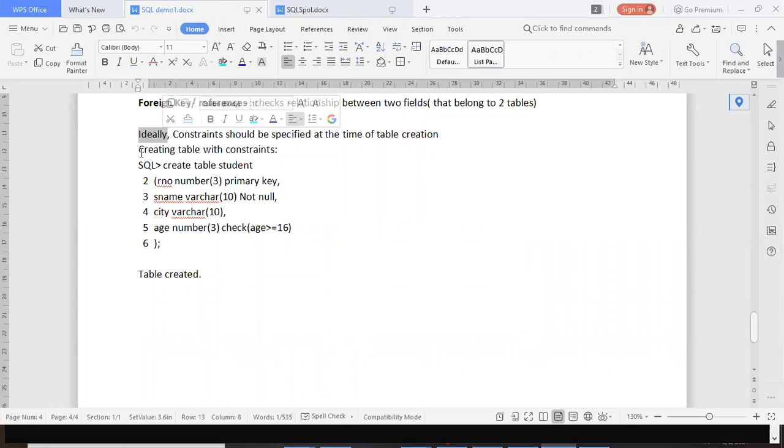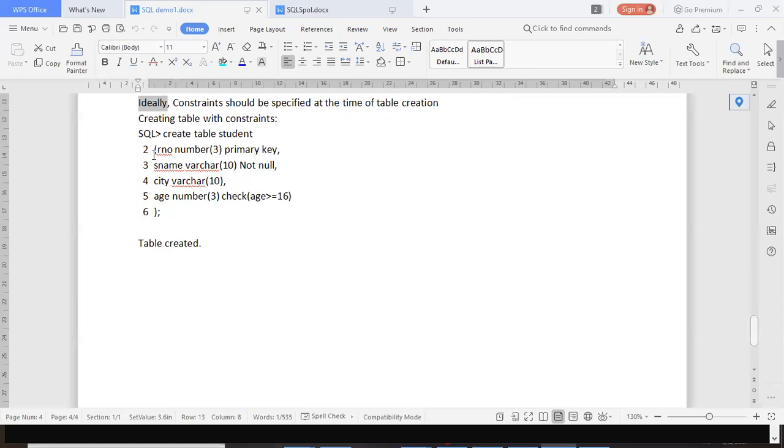It's not that we take a few admissions and then start implementing the rule. That will create problems. Similarly, here the database will make you specify these rules as long as there is no data entered. Once the data is entered, the database may reject application of these rules, or it may ask you to empty or delete the data and then apply these rules.